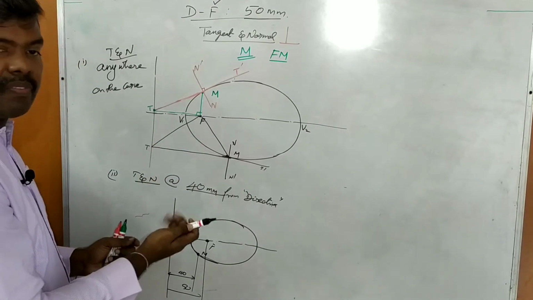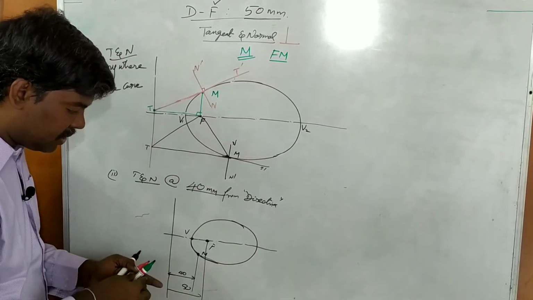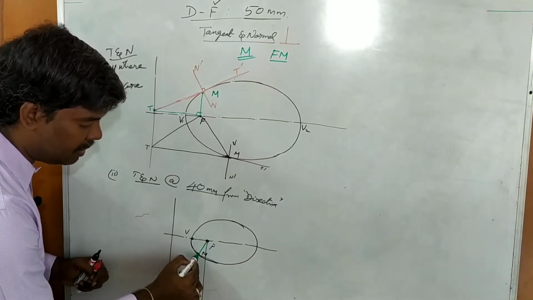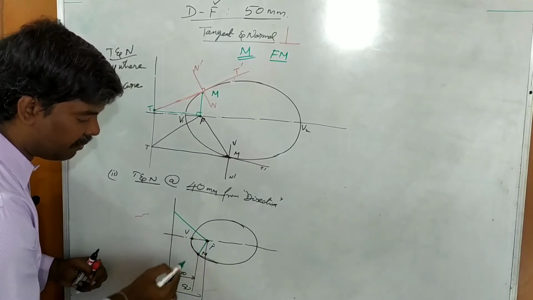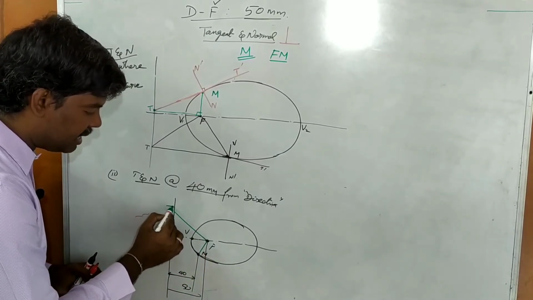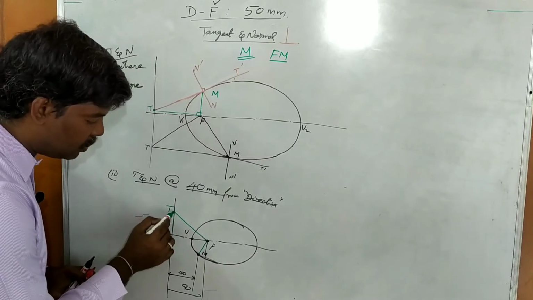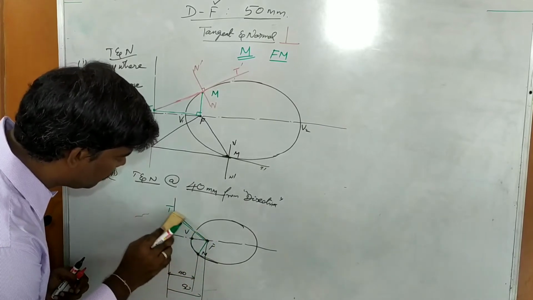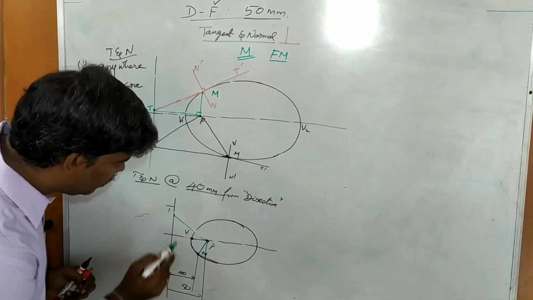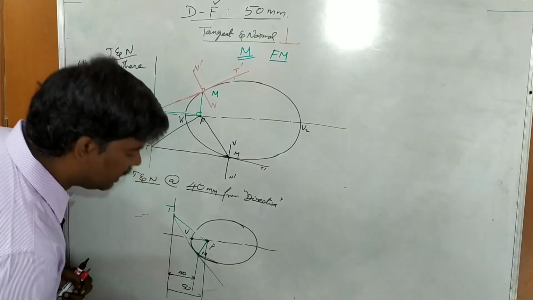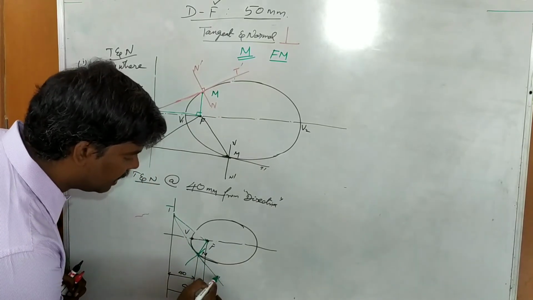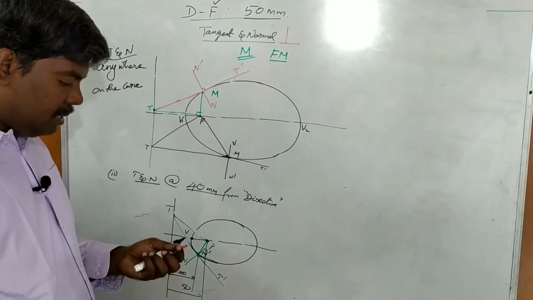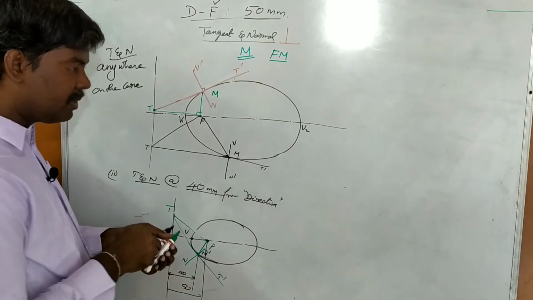anywhere from the directrix or from the axis. After completion of that location of point M, then you know the same procedure. Join FM. So you draw a perpendicular line from F. The perpendicular line where it is intersecting on that directrix, that is point T. Then you join TM. Okay. You join T and M, that is the tangent. You draw the perpendicular line of the TT dash tangent line, that is called the normal NN dash. That's all. Clear?